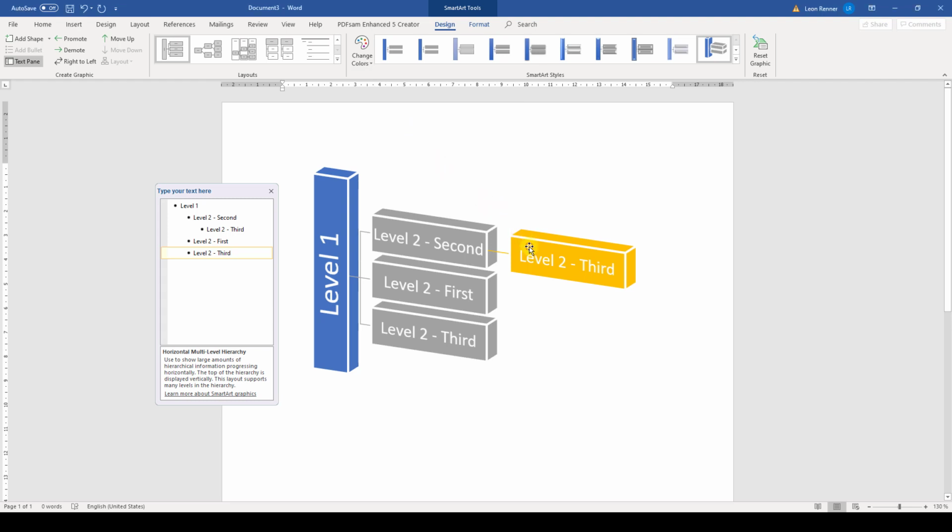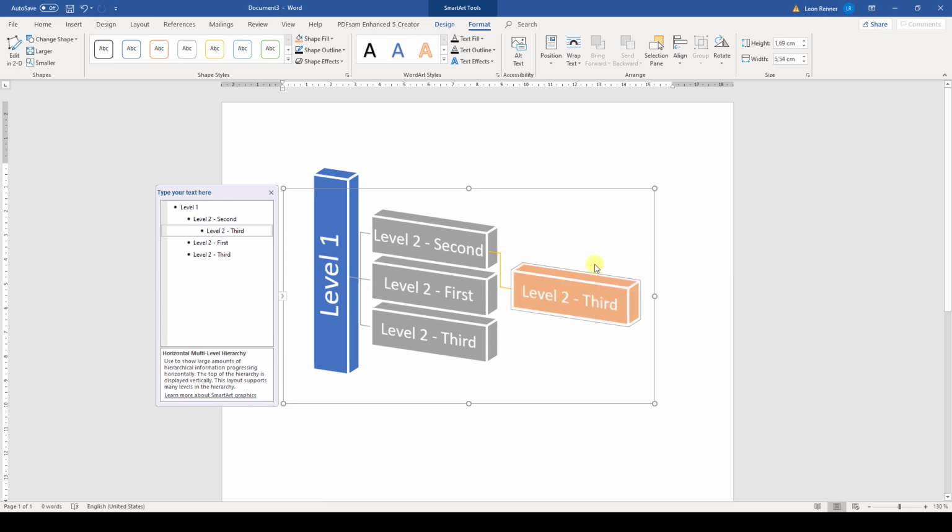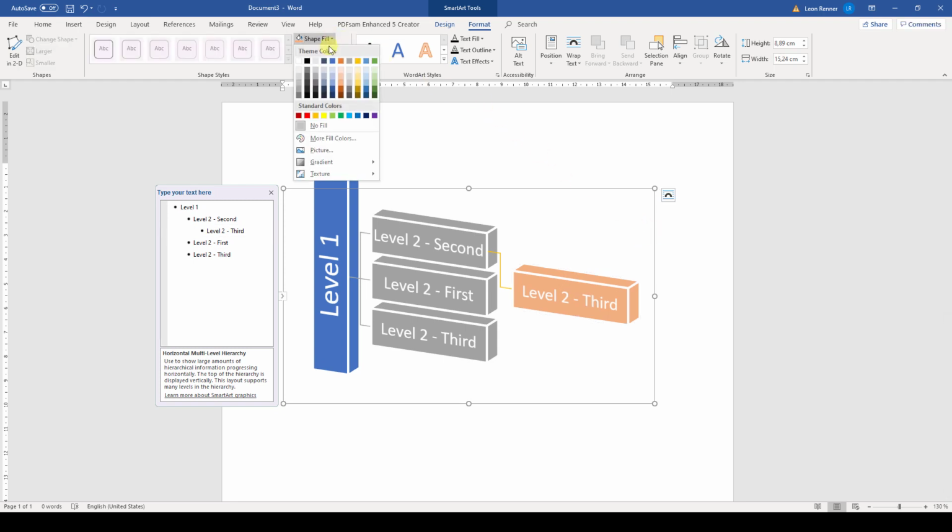For that we select a block, then we go to the Format tab, and here we can change the whole layout and the style of the block. The procedure is the same as for shapes, since a Smart Art is basically a set of arranged shapes. This means that we can also move a single block of the Smart Art by dragging it, for example. When we click on the outer border of the whole Smart Art, we can furthermore change the formatting of the